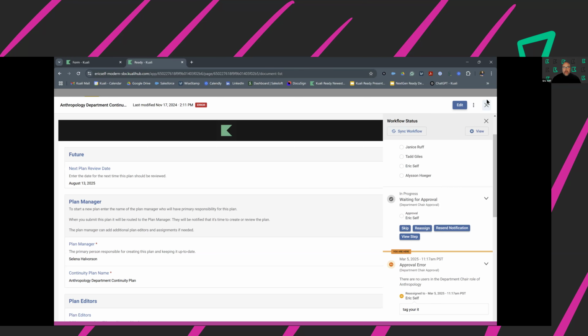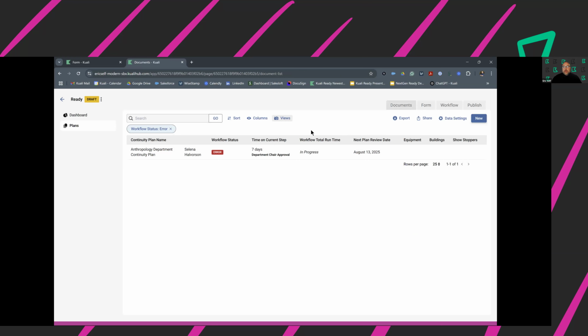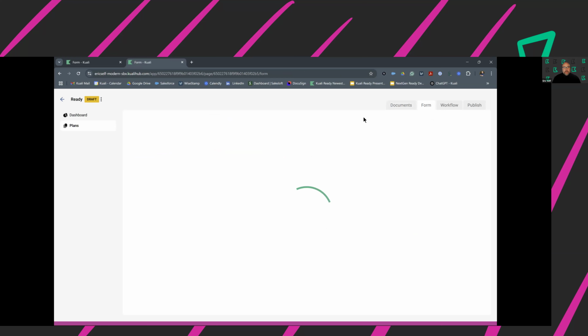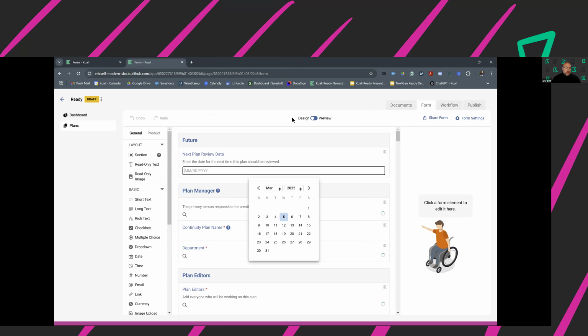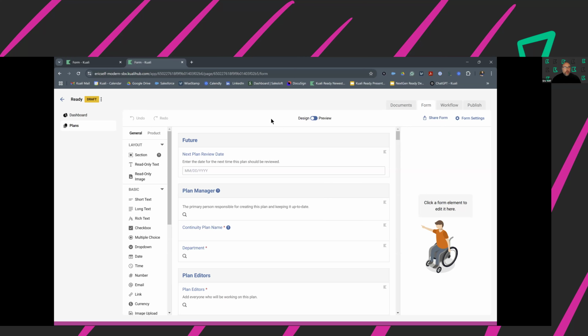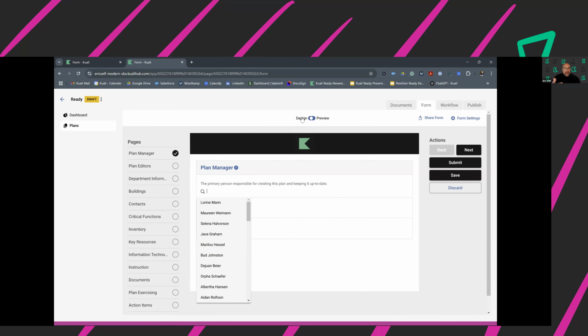Now let me close out of that. I'm going to go into the continuity plan itself. And what's nice about this no-code platform is it's all drag and drop. So customers and people that are brand new come in, they say, hey, we don't like this section, or we want to change this up, or we don't like the wording. And so basically they do that very quickly. So if I wanted to add something to this continuity plan, this is what it actually looks like.